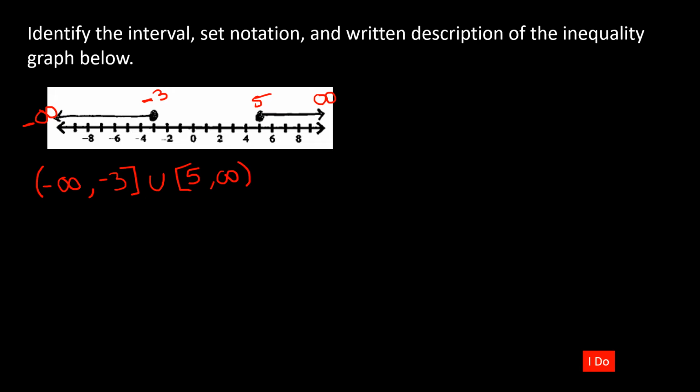For our set notation, we would start the set where x such that x is less than or equal to -3, or x is greater than or equal to 5. Okay? And if we're doing the written description, this would be x such that